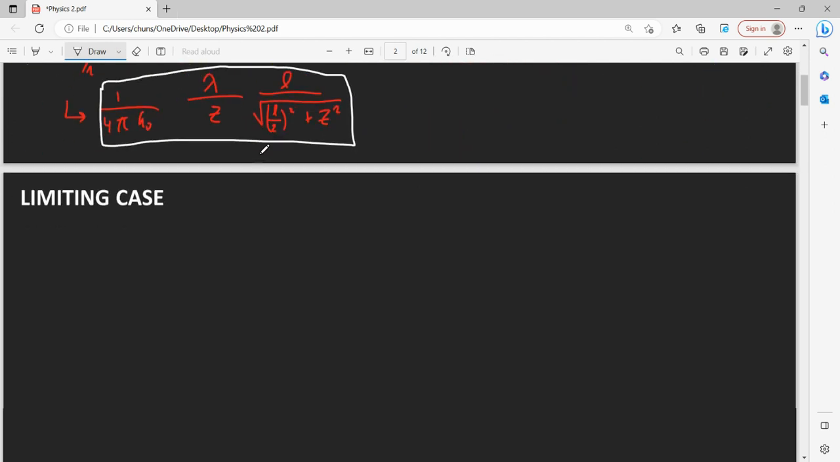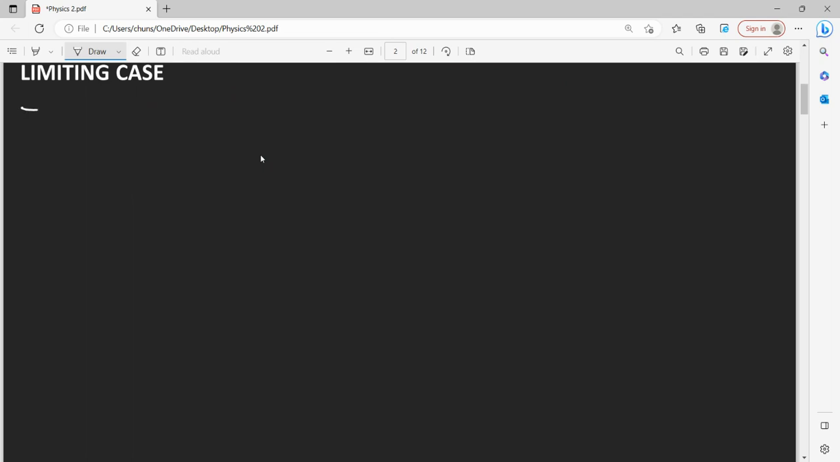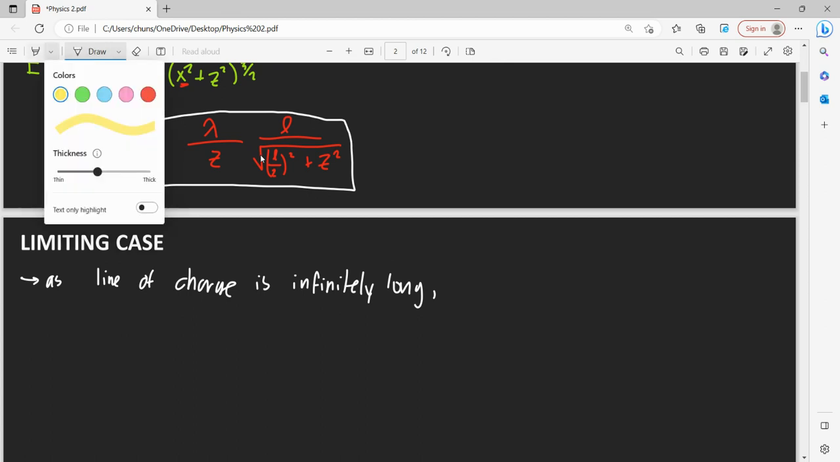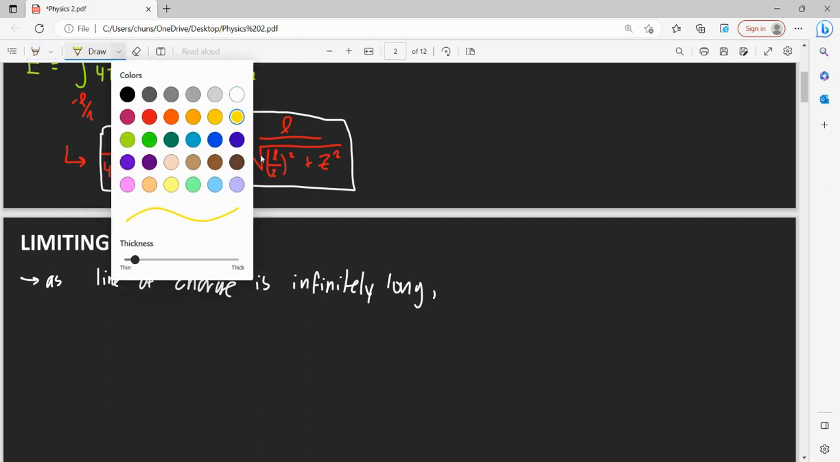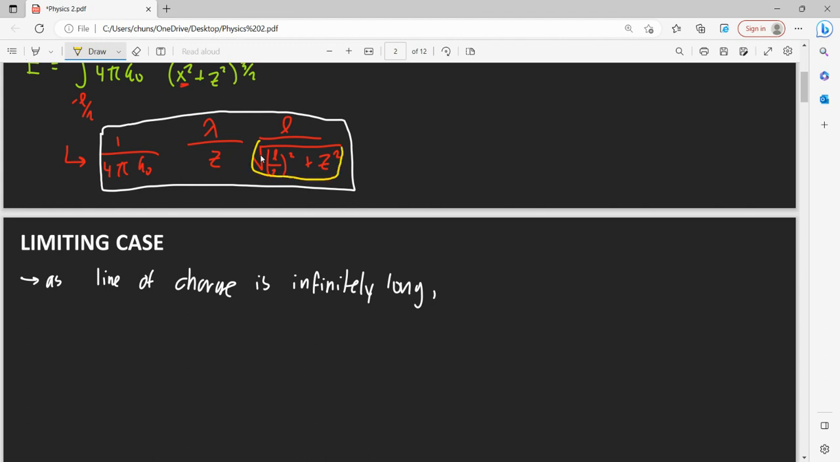So like we mentioned, in a limiting case, as the line of charge is infinitely long, we're going to just take a look at this bottom term right here. I'm going to highlight this. Oh, won't let me. Okay, it's fine. I'm just going to circle this right here. This term over here, so as our length becomes infinitely long,